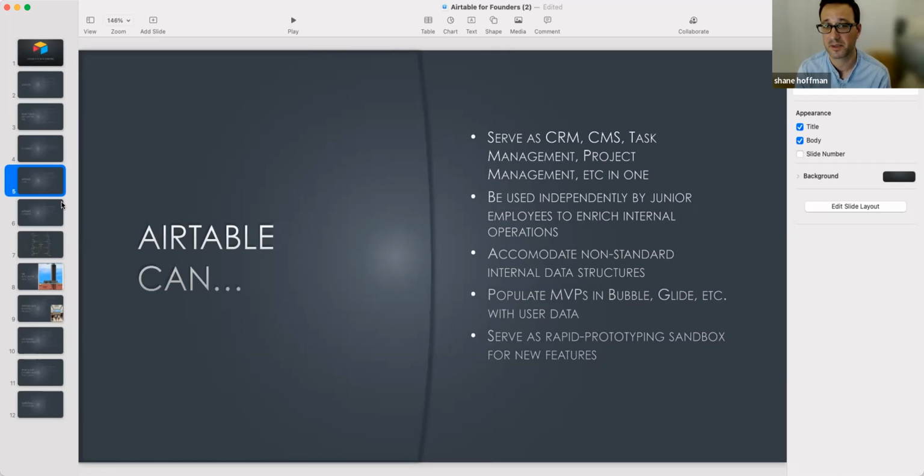Airtable can be used independently by junior employees to enrich internal operations. So I think this is probably one of the most key bullets for you all. I assume, I might be wrong here, that a lot of you are either working independently, since you are no-code founders, or working with a small team. But I assume that as you begin to grow, you will need to hire, and those new hires will be